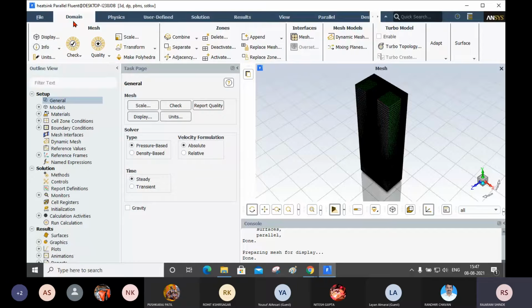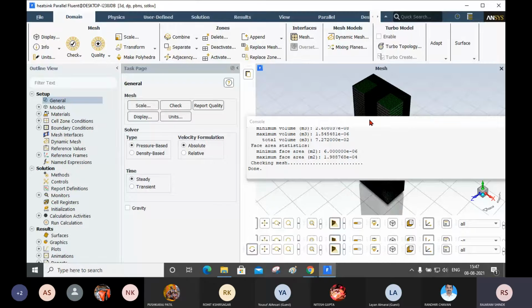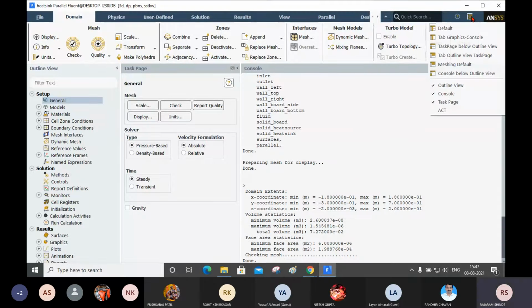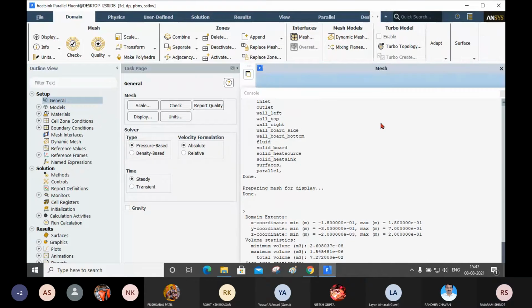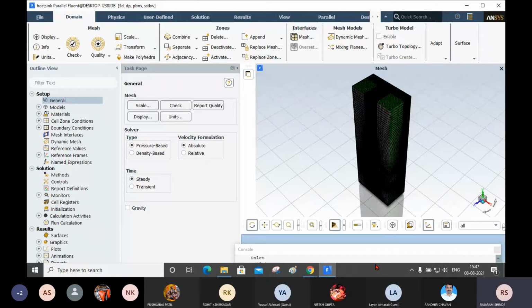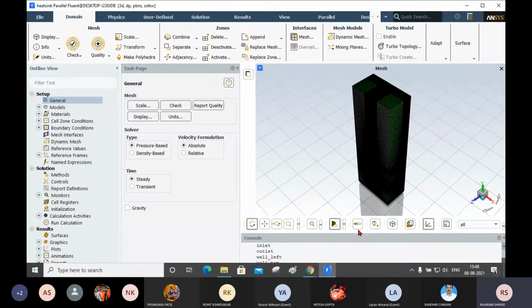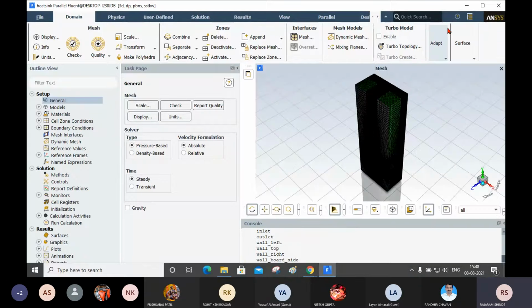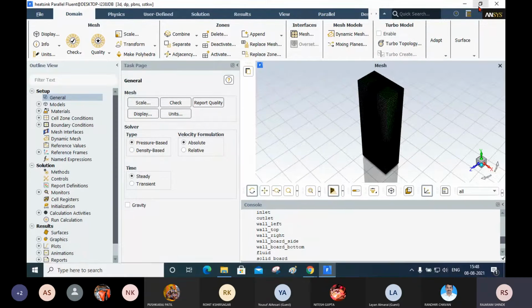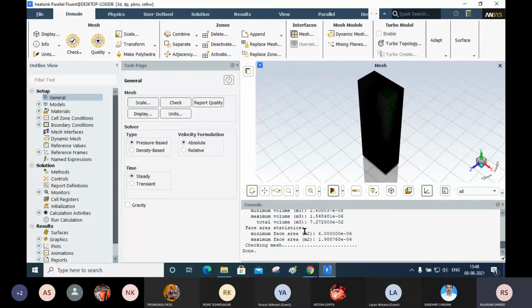In Domain you have the General option. In General you have Check Mesh. Now it is checked, you can see here it has checked. The mesh check is done.